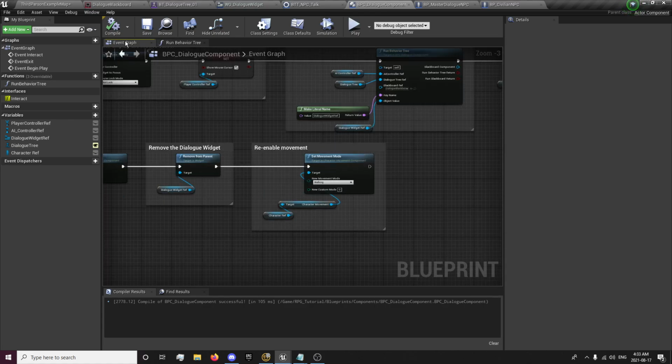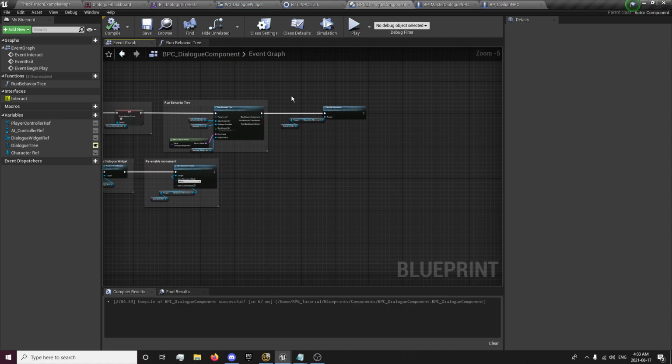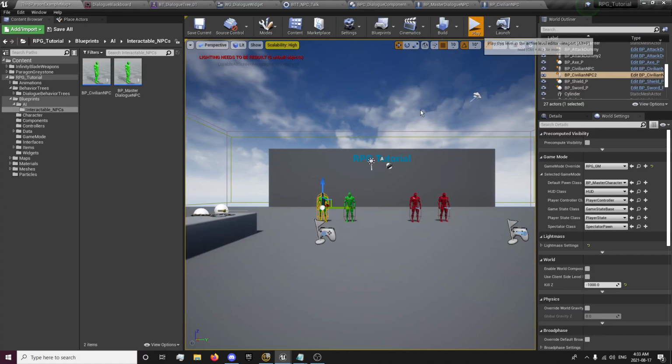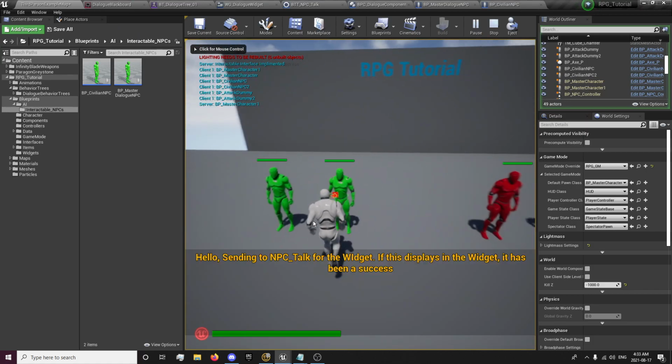If it doesn't work, then we'll put in what does work. Disable movement when dialogue displays. So now when we walk forward,